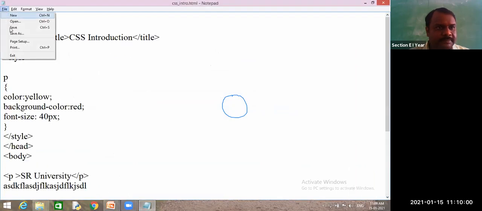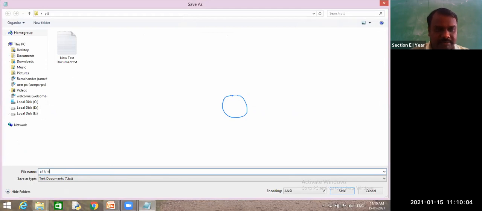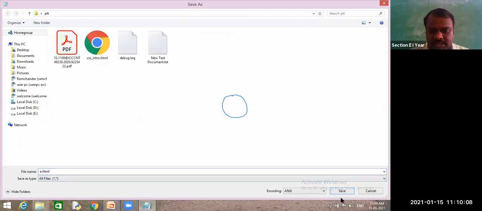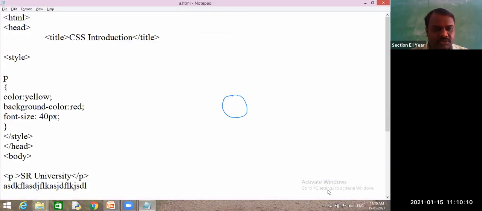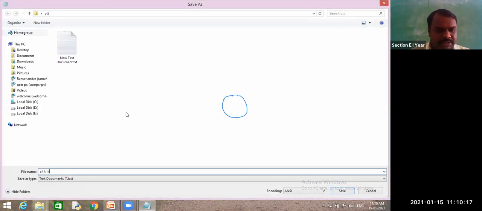File, save as, a.html, and I change it to all text files, and I have saved this one. And another program, save as, this file name is b.html.